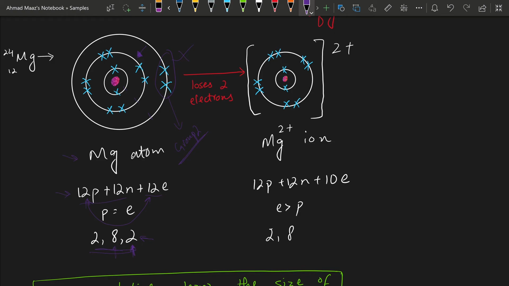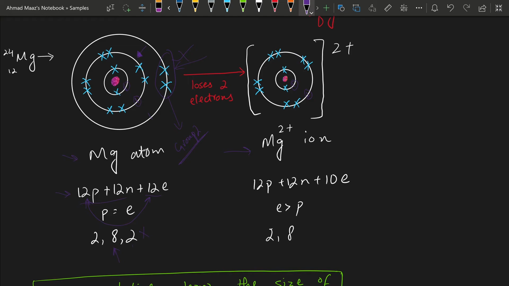The third shell has the maximum capacity of more than 2 electrons. So magnesium wants this to become its valence shell. So magnesium will get rid of these 2 electrons. How? Here is how. Magnesium donates the 2 valence electrons, and of these shells, the second shell now becomes the